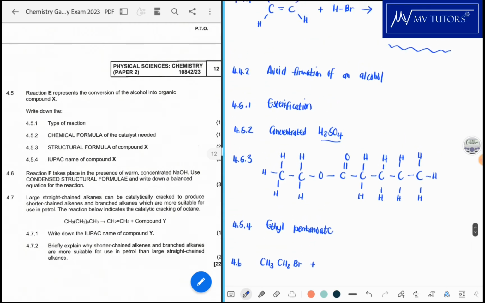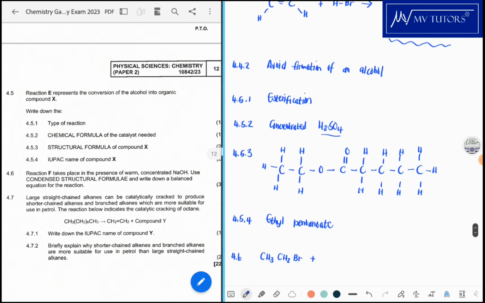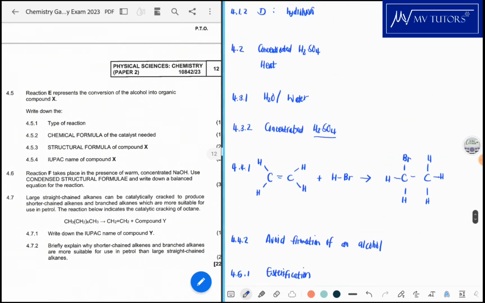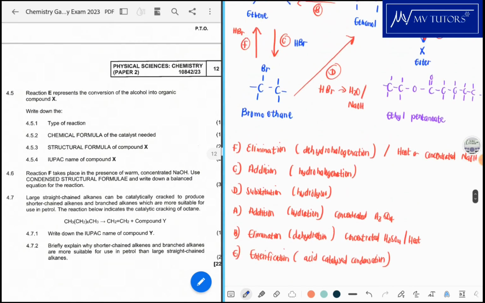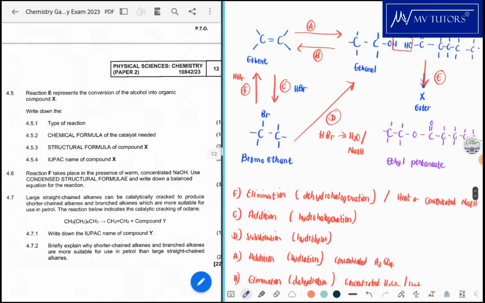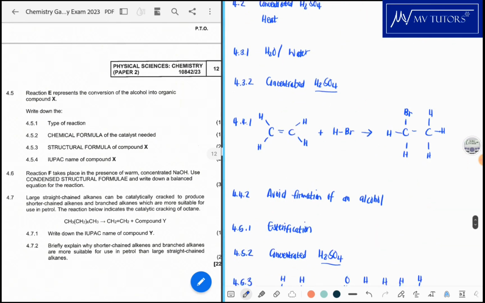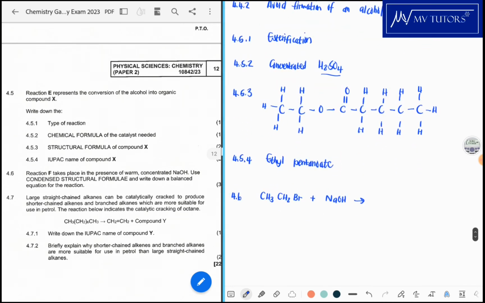Okay, and then we have this presence of concentrated sodium hydroxide, so NaOH. And what do we get as a result? Let me just remove this. So we're going to get ethene. So ethene, remember, it's just 2 carbon atoms and 4 hydrogen atoms. So we have CH2,